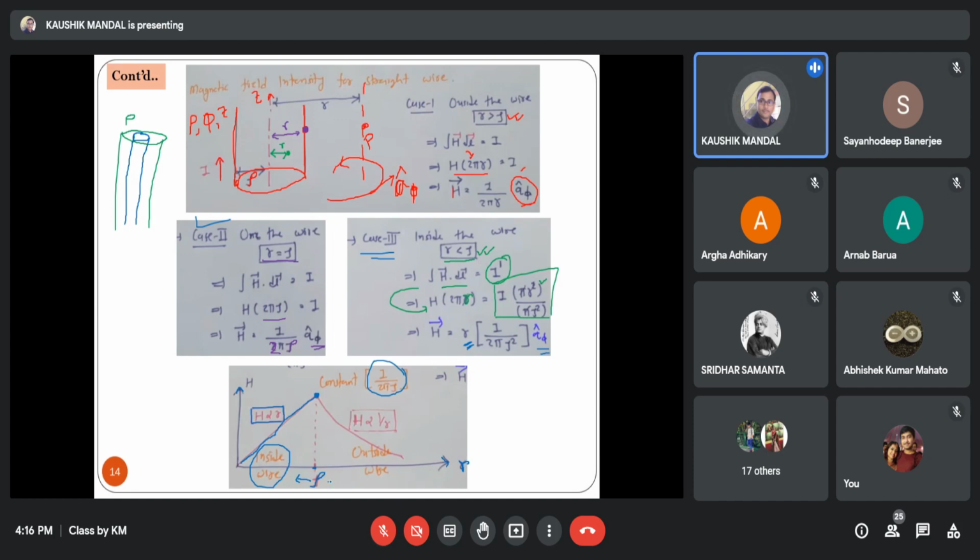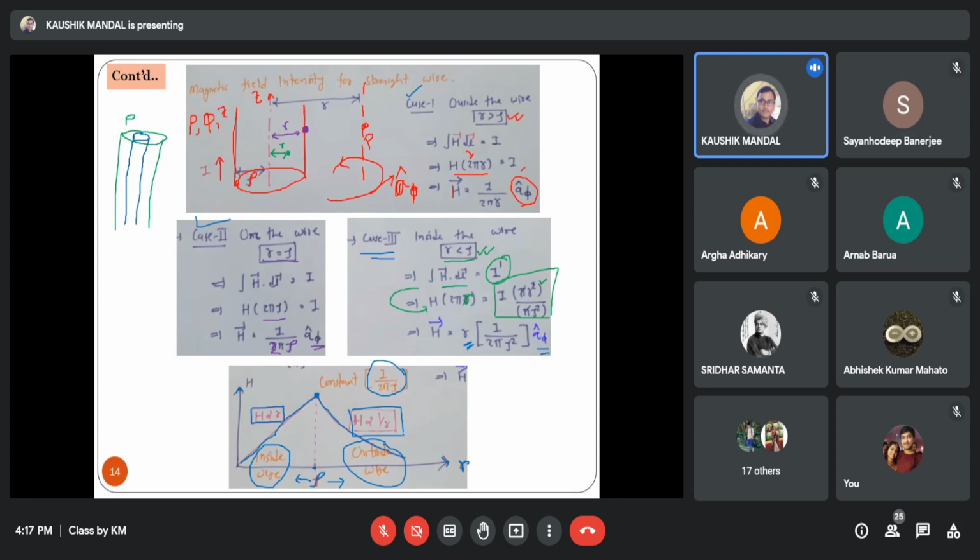Now on the right hand side of this, for R greater than rho, that is basically outside the conducting wire. Outside the conducting wire we have discussed under case 1, where we have seen that H is proportional to 1 by R, so inversely proportional to R. So in that case, it will decrease. H is proportional to 1 by R. Is it clear? So from the basic discussion of Ampere's law,